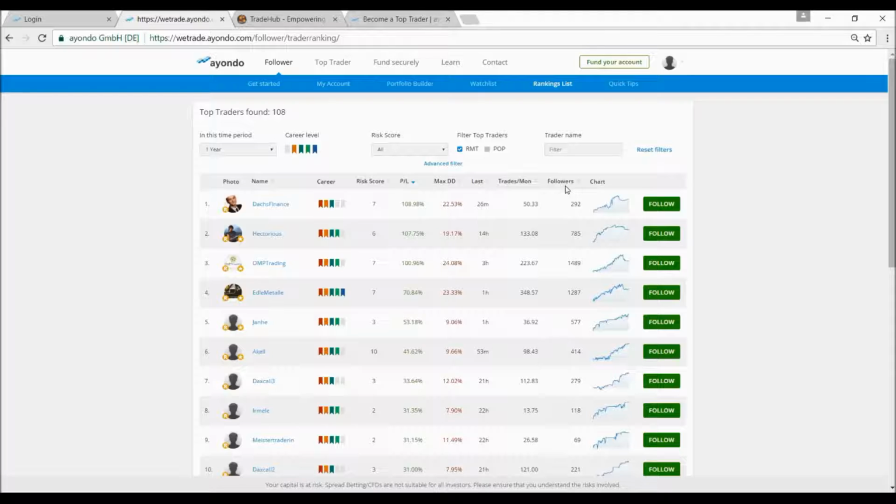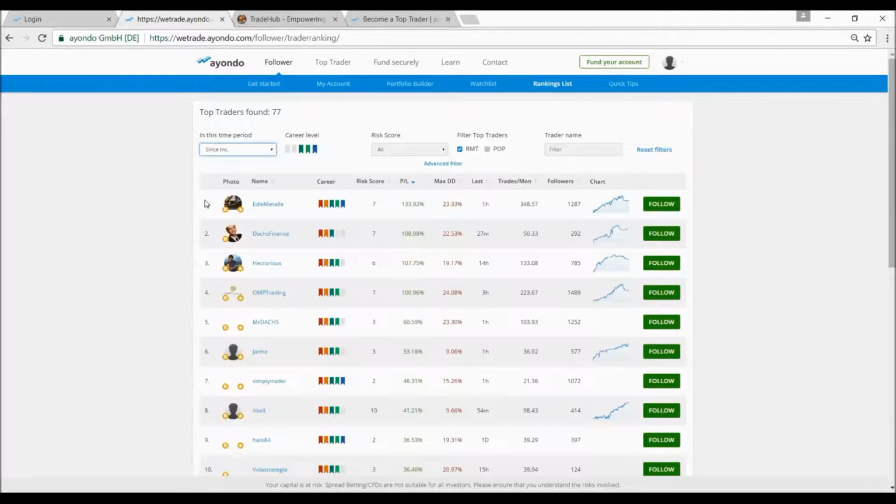So what I will do is broaden the search horizon here. What we can select here is all traders except the street trader and advanced trader. So we've got professional, risk-adjusted, and institutional traders, and select their performance since inception, meaning since they have their trading account. And what I can do then is have a look at their individual trader statistics. So click on the name here, ayondo metal,